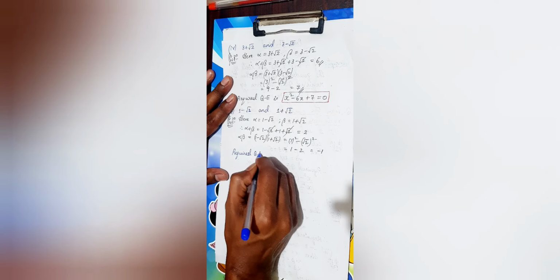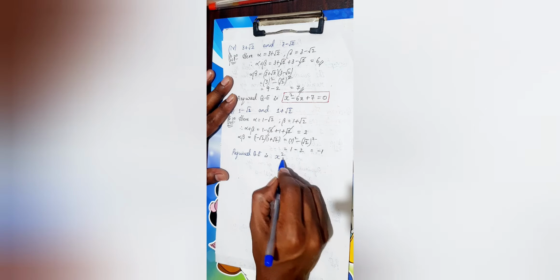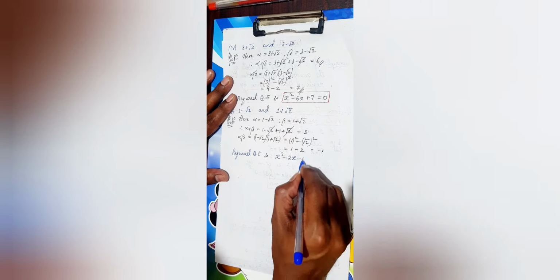Therefore, the required quadratic equation is, remember, x square, next minus of the sum of the roots, which is 2. So minus 2 into x plus the product of the roots, but since the product of the roots is minus 1, I'm going to take minus 1, is equal to 0. So this is the required quadratic equation. I hope this question is very simple. Sometimes they will ask you to find the quadratic equation for a one marker.